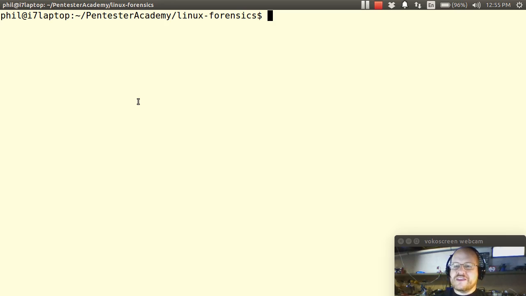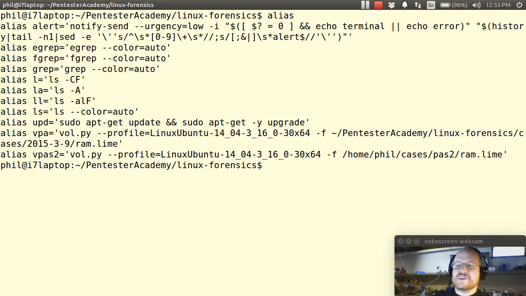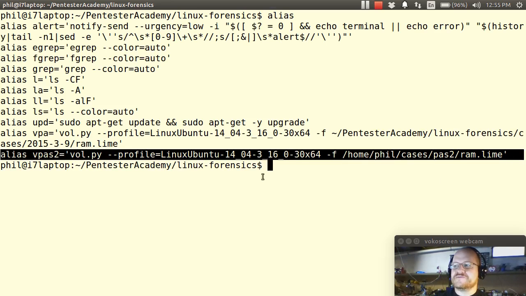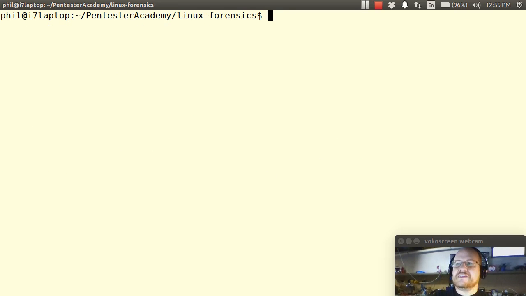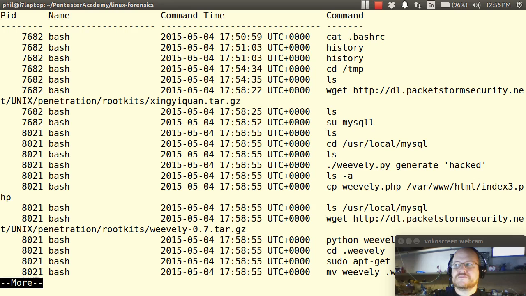So we're going to go ahead and we're going to use our alias. And again, remember that I've set up this alias here in my bash RC file that allows me to more easily run these commands. So the command that I want to start with is called Linux bash, and we'll pipe this to more. Alright, so here we see a couple of things. So we have a shell with process ID 7682,